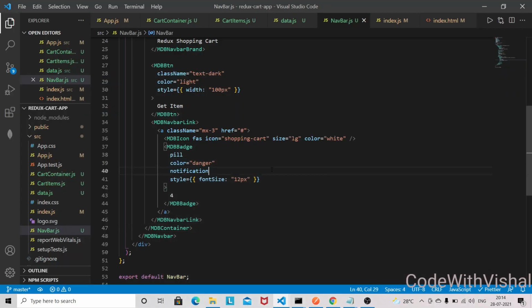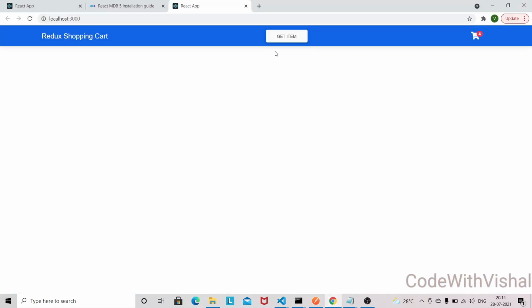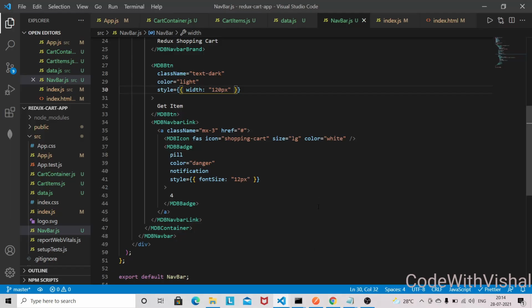And let's increase this width a little bit, so 120 pixel. Now this button is also displaying properly, and at the moment we haven't implemented the Redux, so I have just given some value here in the cart. Once we implement the Redux, we will be reading everything from the store.